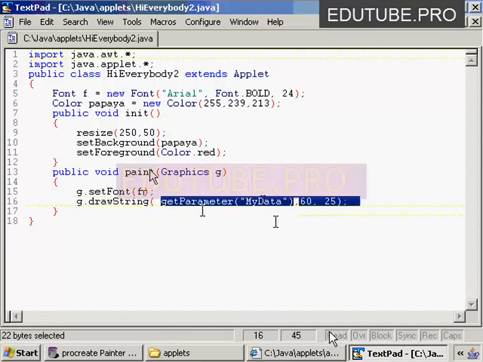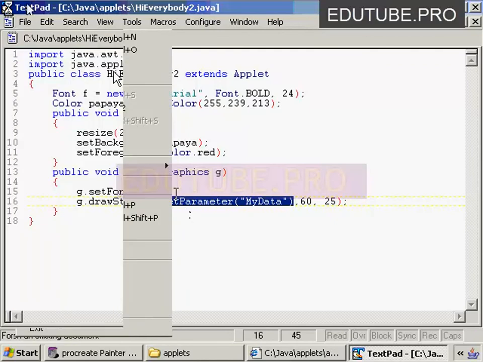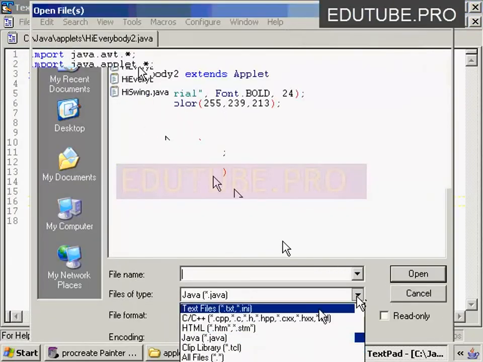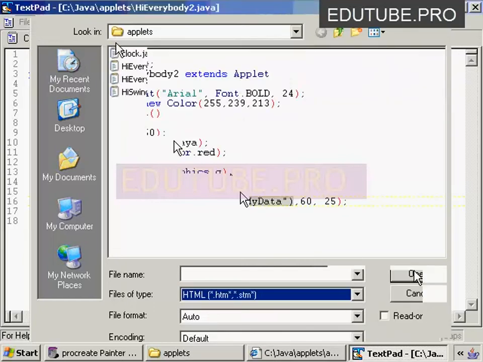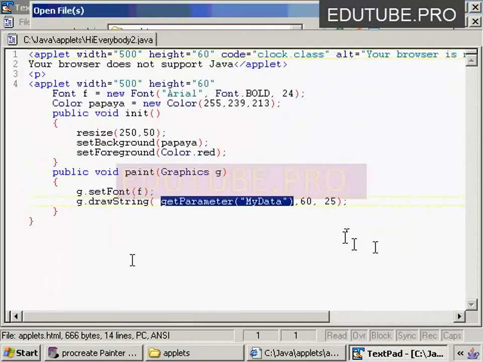What it does is it looks into the HTML of a page that's hosting this Java applet, and it is able to extract information from the HTML. So you could basically send data into your applets from the HTML, which is pretty cool because you can configure them on the fly. Take a look at this